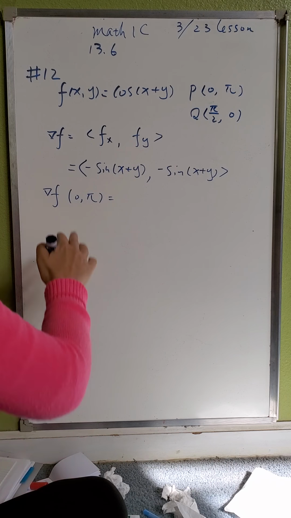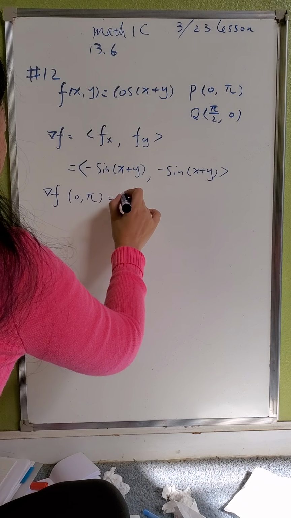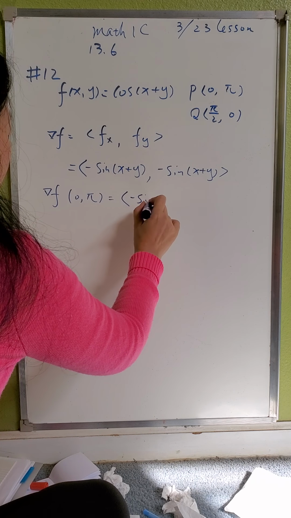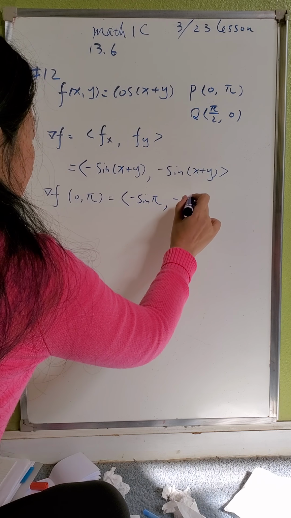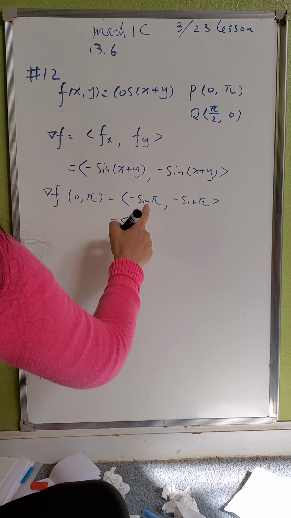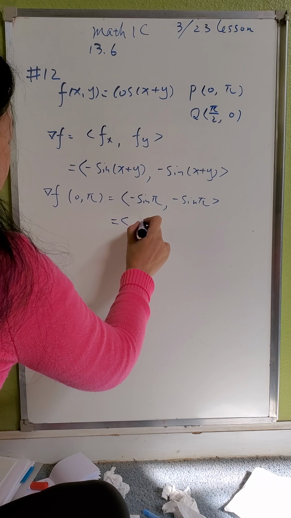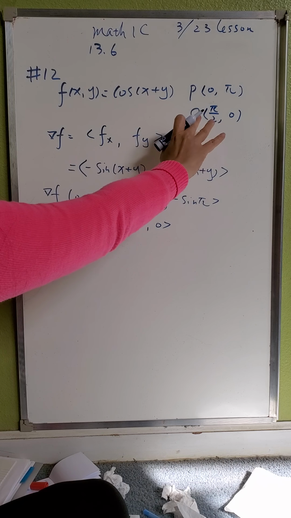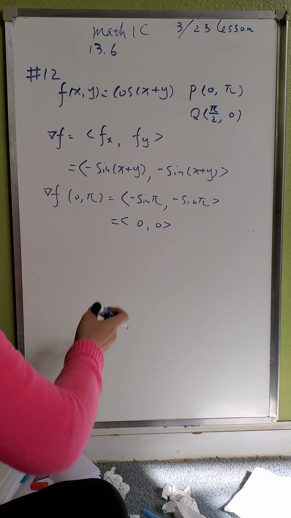I'll tell you why I like to find del f first. This gives me negative sine pi, negative sine pi. Negative sine pi, cosine pi is equal to 0, so 0. After I see my gradient is 0, I don't need to find my u. The reason is: